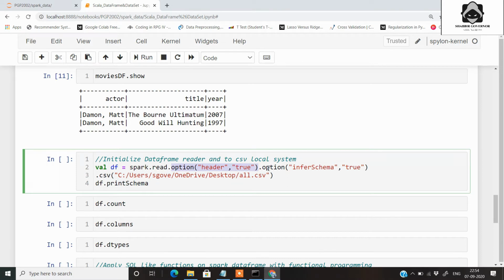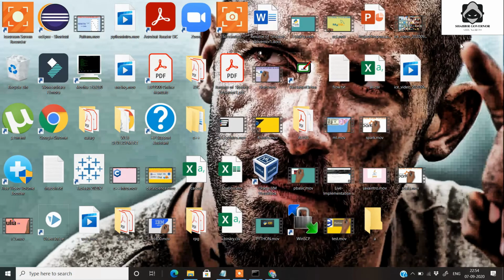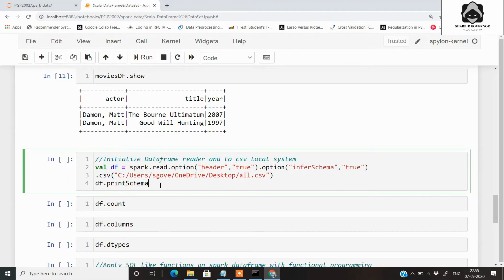That means the first record will be considered as column names. Then in the option I have also written inferSchema is equal to true. That means the structure of the data frame will be decided by Spark itself, and this is the location where this file is located. So this file is on my desktop, and it is a file of stocks of a company.